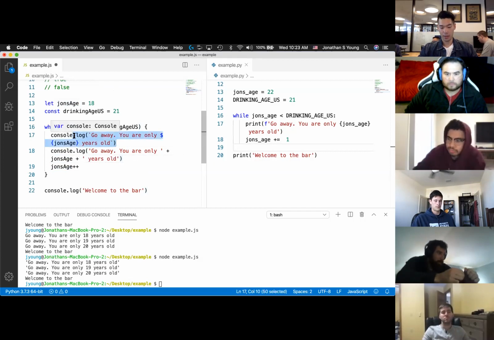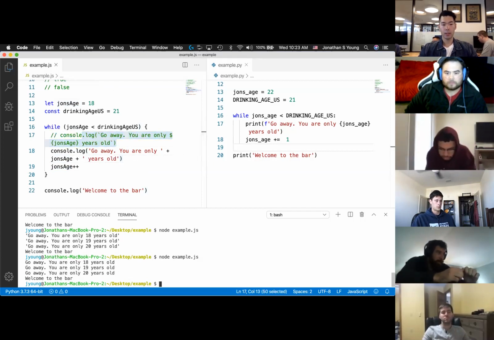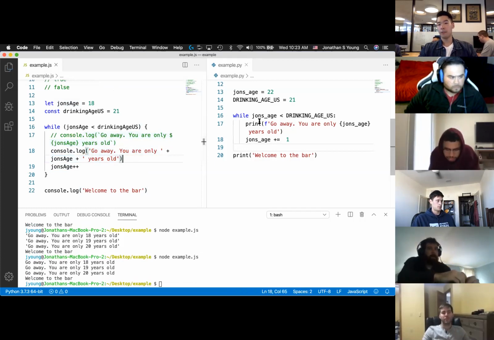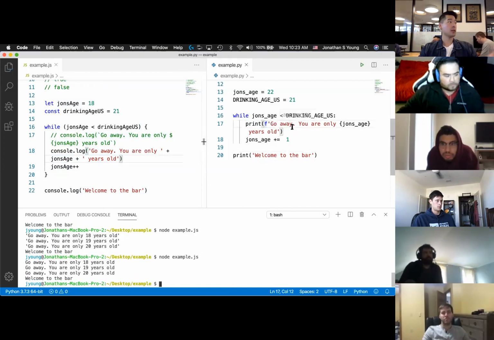Let me comment this. But why do way more typing than you have to? Inside of this over here, you do need the F in order to interpolate. You could also do the plus again, but again, why do more typing than you have to?